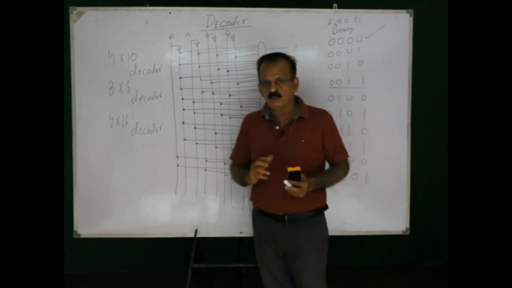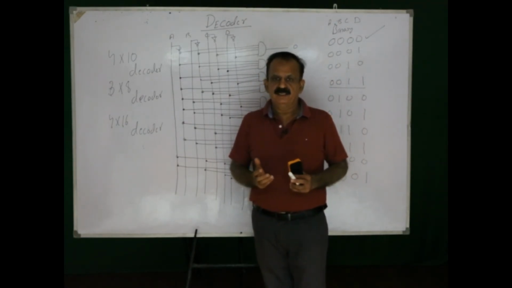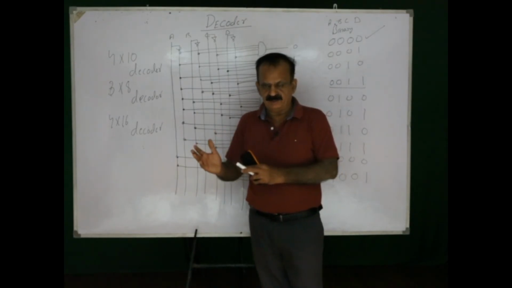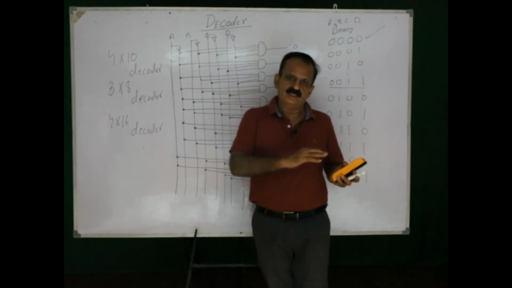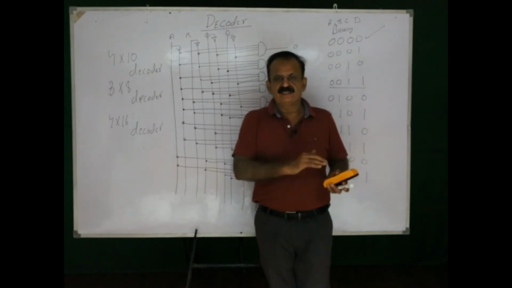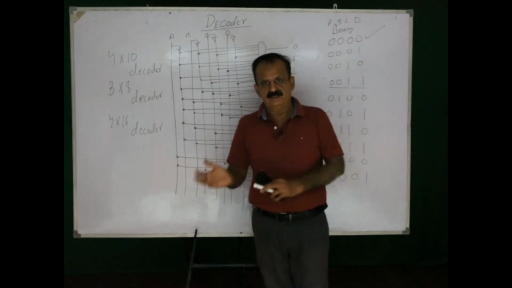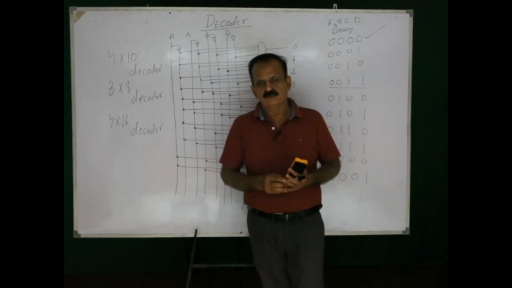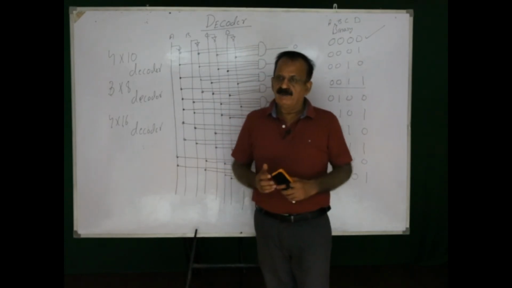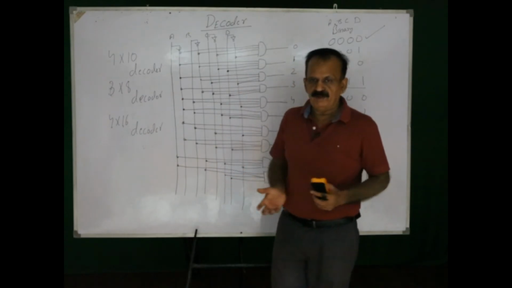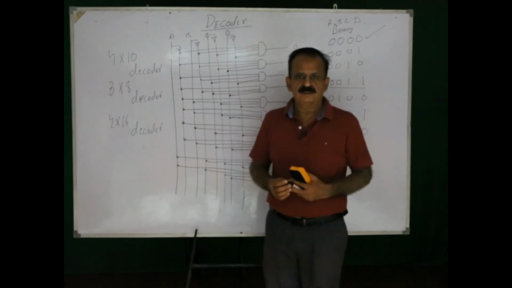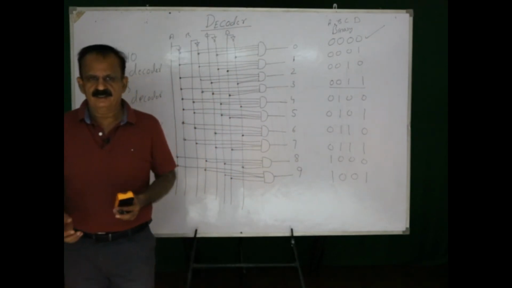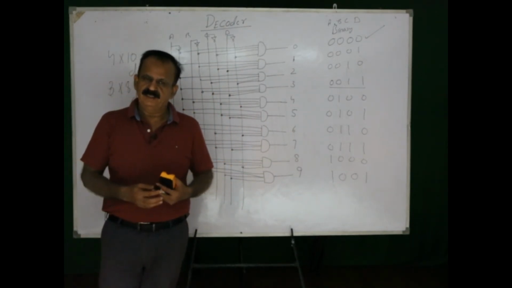So these two are combinational circuits. One is converting the different numbers to binary numbers, that is encoding, and the another one is converting different binary to different number system, and that basically is known as a decoder. I hope by going through this lecture we will be able to answer the questions. One can be a very simple question: explain the working of encoder, explain the working of decoder.